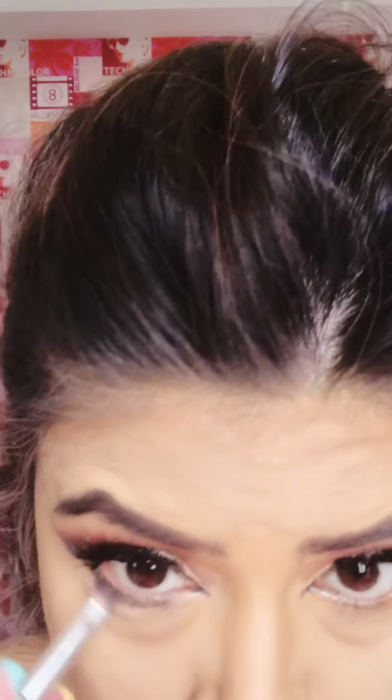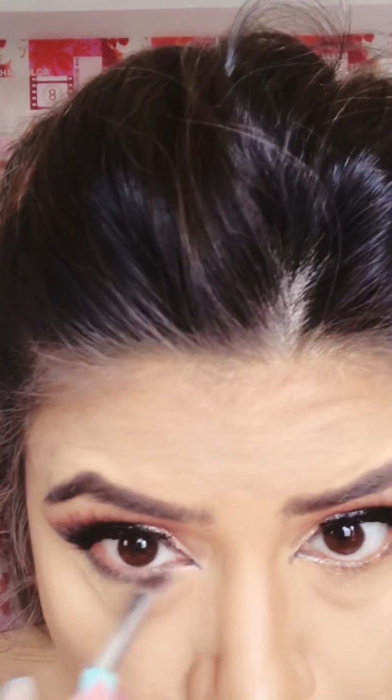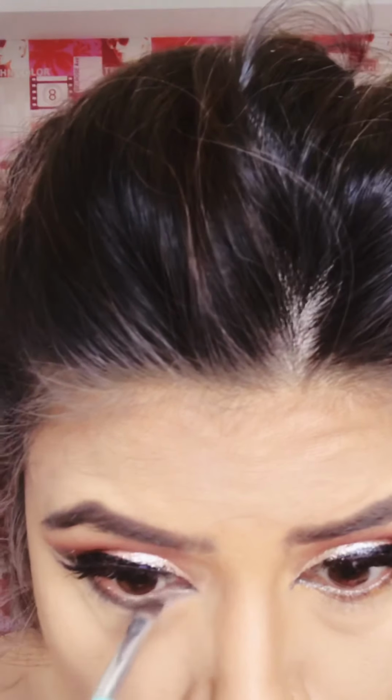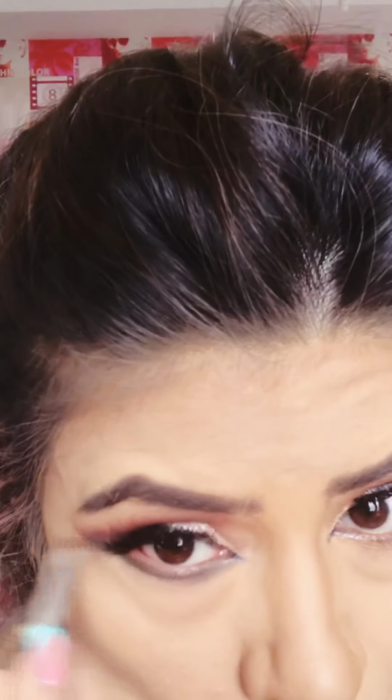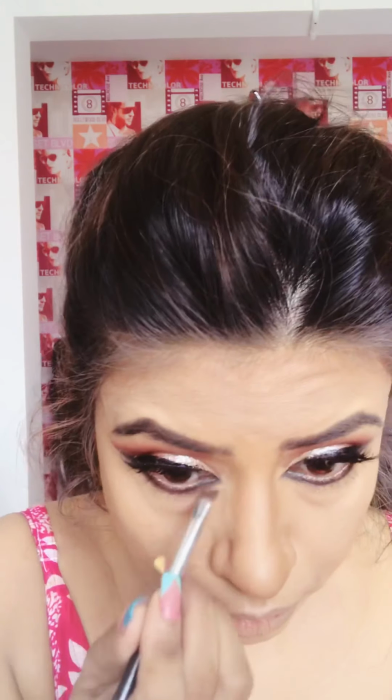Now I'm lining the under eyes. I wanted the eyes to be very dramatic. That is the reason I am putting this below the waterline, ending it with a hot red lipstick, and this is a metallic color from Lime Crime again,